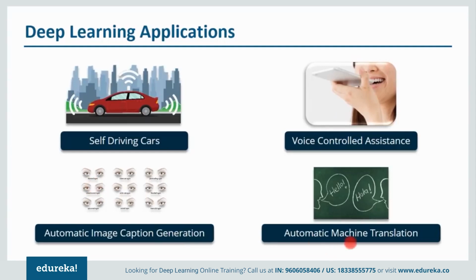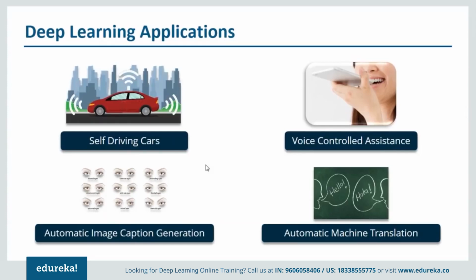Now when I talk about automatic machine translation, we can convert English into Spanish, similarly Spanish to French. So basically with automatic machine translation, you can convert one language to another with the help of deep learning. And these are just a few examples, guys. There are many, many other examples of deep learning. It can be used in game playing and many other things. And let me tell you one very fascinating thing that I've told you in the beginning as well. With the help of deep learning, MIT is trying to predict the future. So yeah, I know it is growing exponentially right now, guys.